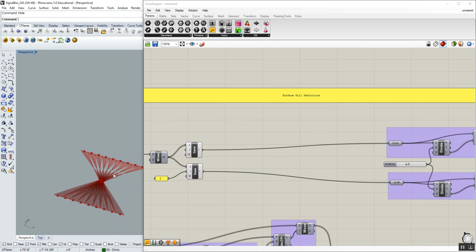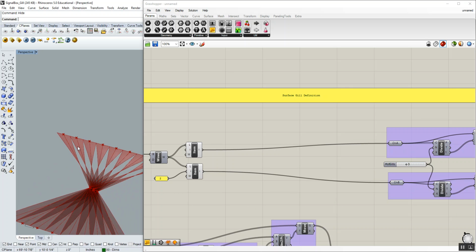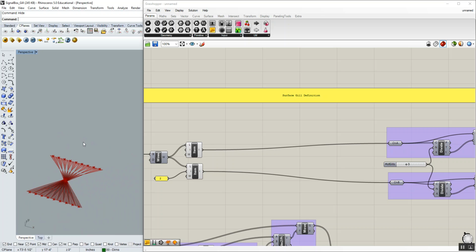But you'll see what the result is, what I call the bow tie issue here. The reason what's happening is because of that curve direction. The first curve is traveling from left to right, the second curve is from bottom to top, then the third curve is going from right to left. So on the 0 curve, the left is the start. On the 2 curve, the right is the start. Therefore, it's trying to loft from start to start, end to end, and you get the bow tie kind of